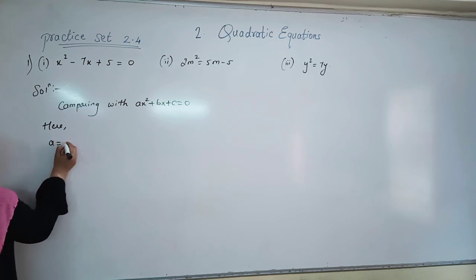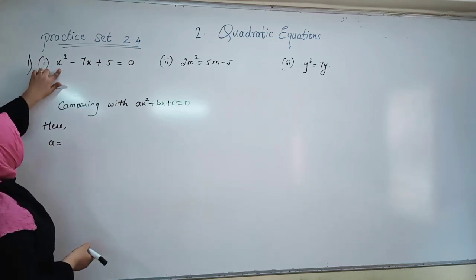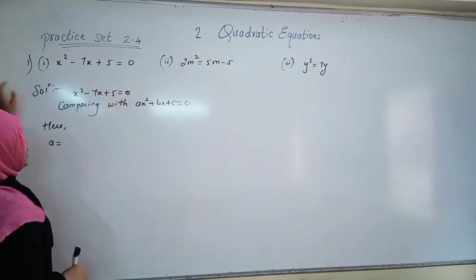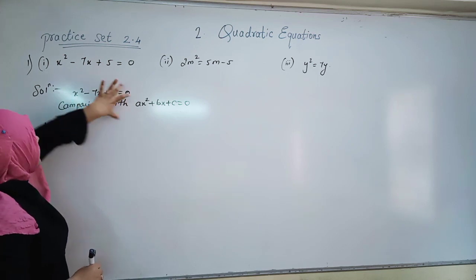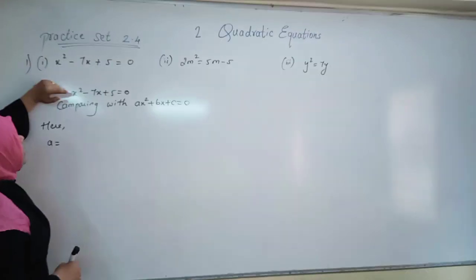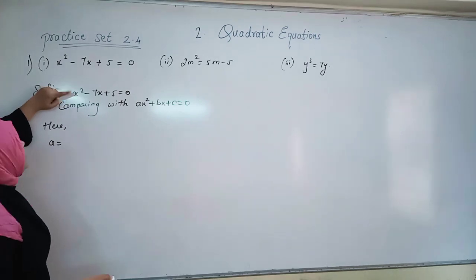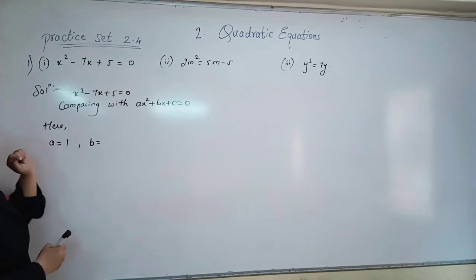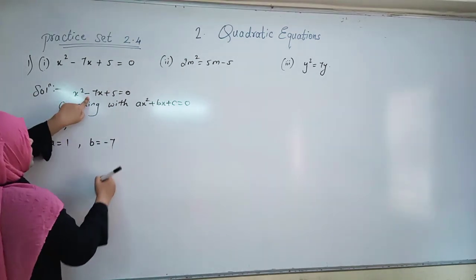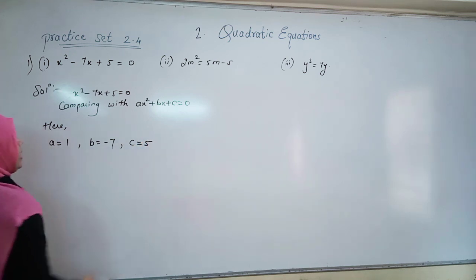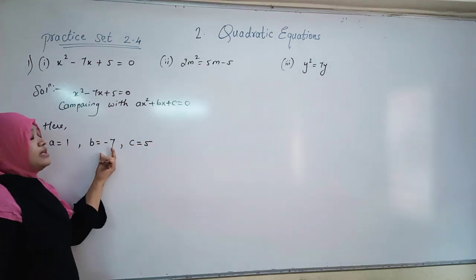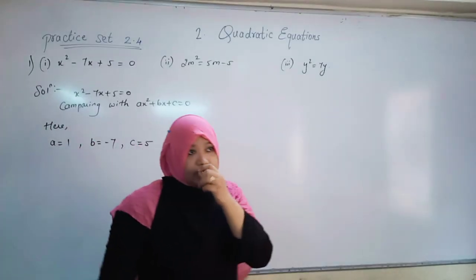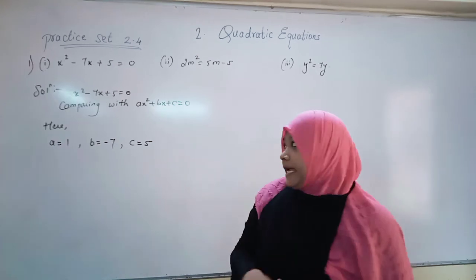So what are we going to write here? What is the value of a? See, what is the equation I have here? x square minus 7x plus 5 is equal to 0. Now it is already in the standard form, so we will find the values of a, b, c. Here we get the value of a as 1. Next, the value of b will be minus 7 and the value of c will be 5. Isn't it? Why did I take minus 7? Because if the number has a minus sign, we should take the minus sign also, but we never write the plus sign.